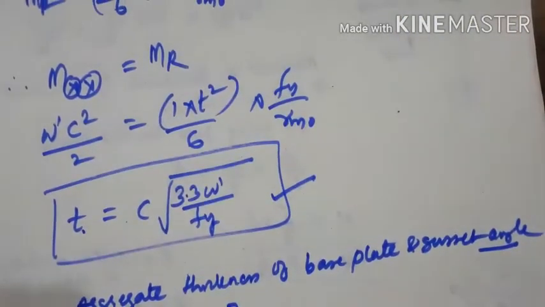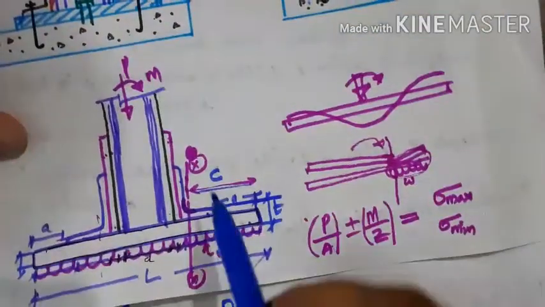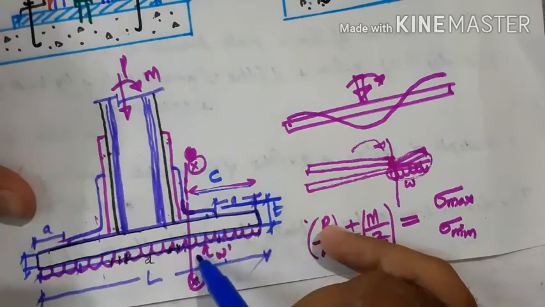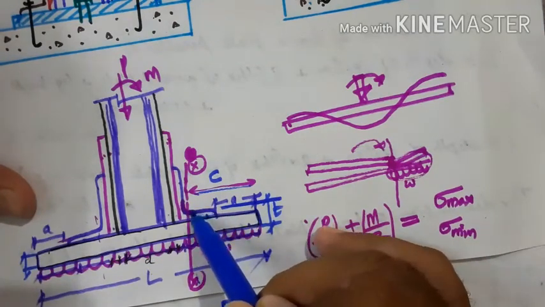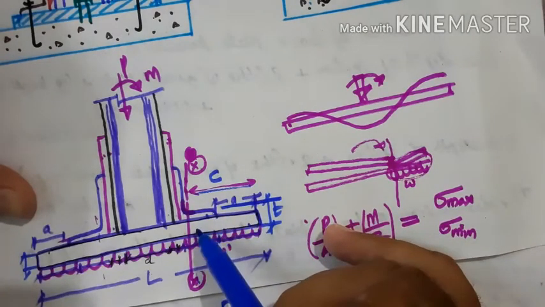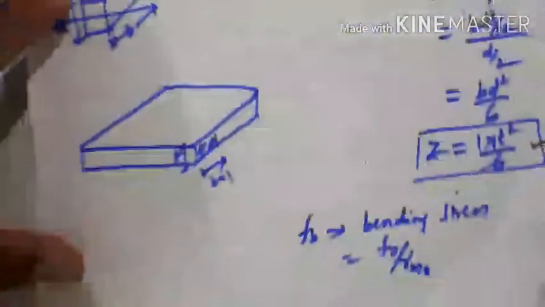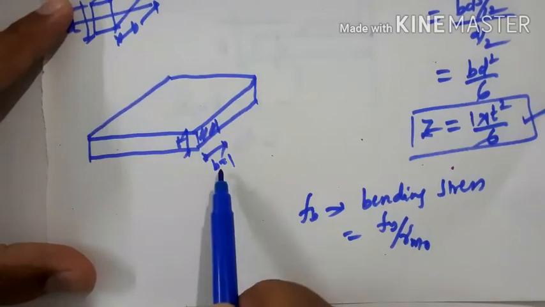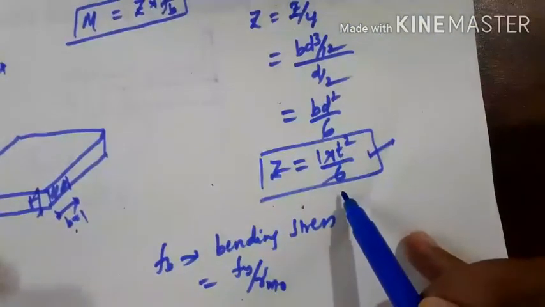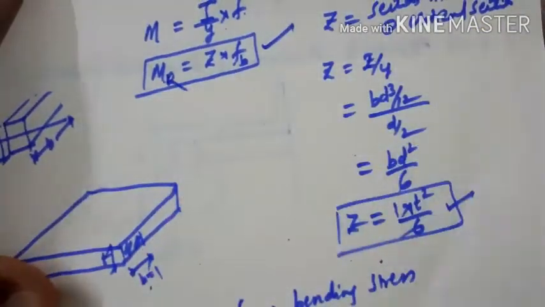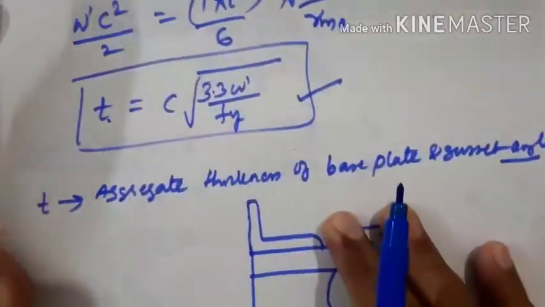So we have calculated the actual moment acting at the critical section, that is the moment at xx. Then we have calculated the moment of resistance about this xx of the gusset base by taking per unit width of the base plate. We have taken b equal to 1. Then we have calculated the section modulus, then substituted here, and got the moment of resistance. So this was the final answer, thickness.